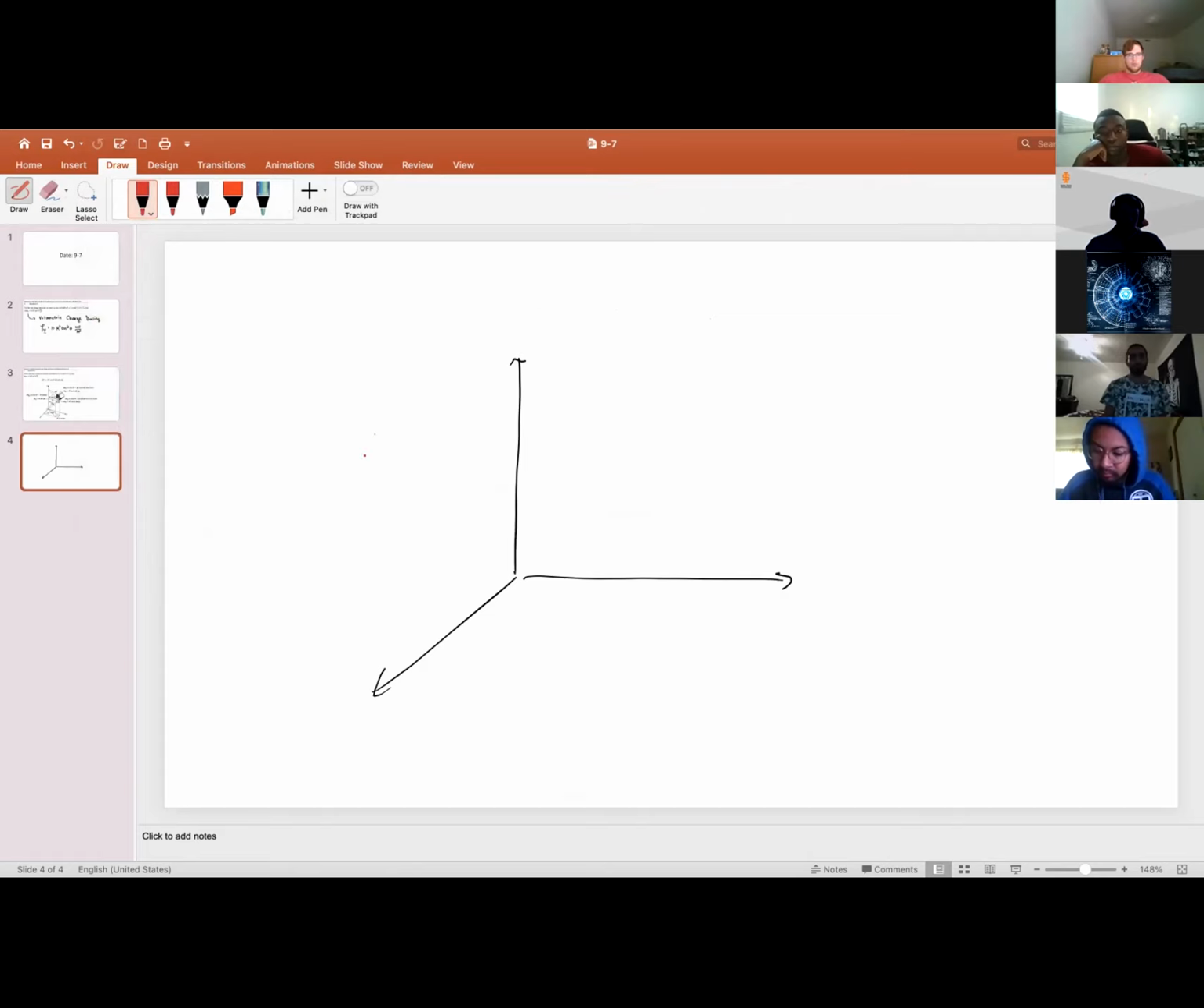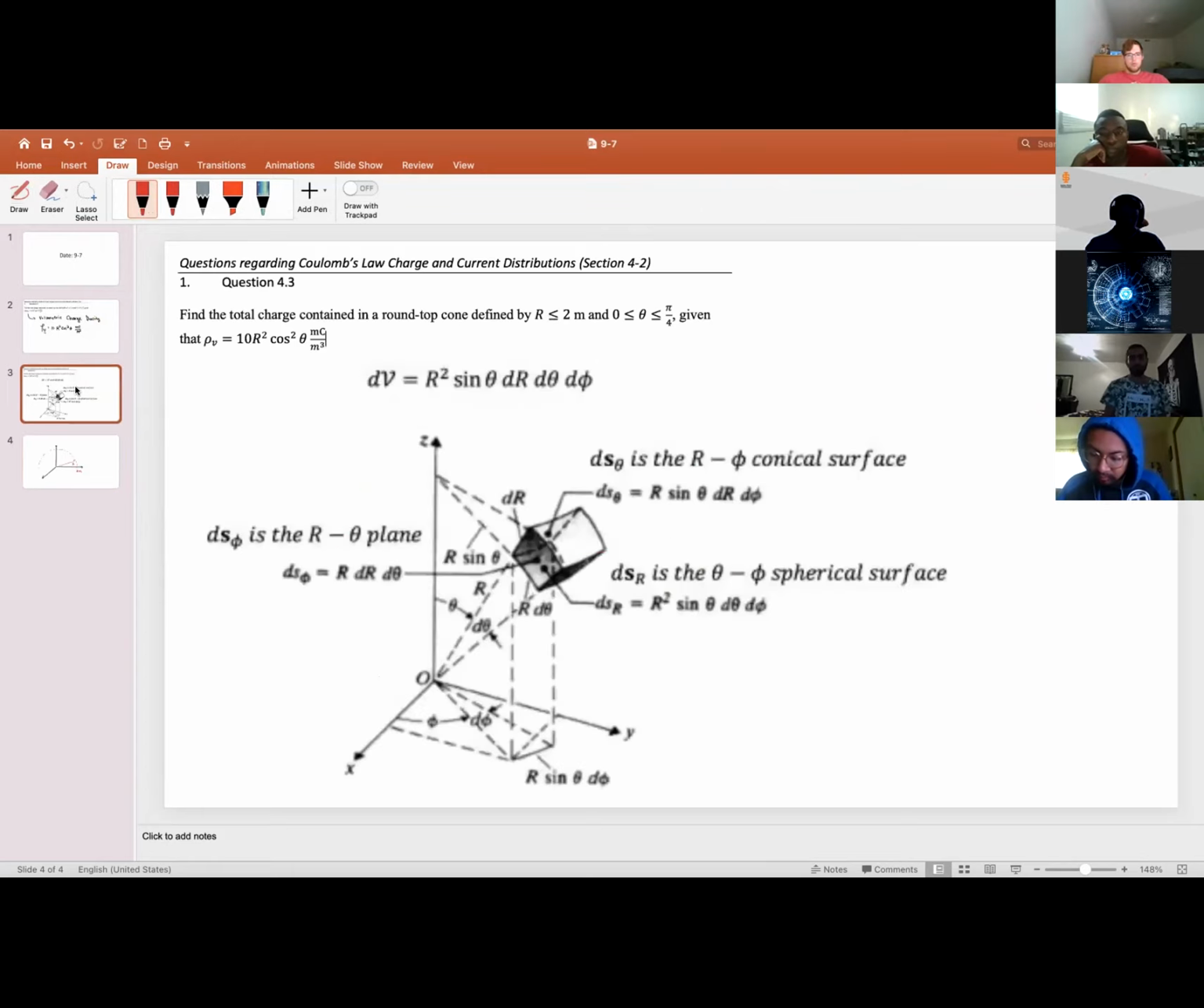So we know, I'm just going to sketch this, and let's say that this is 2 meters. All right. Now it says that theta is between 0 and pi/4. Okay, so